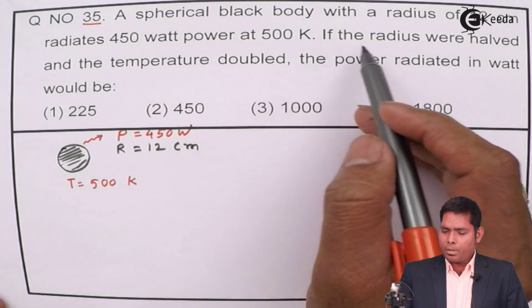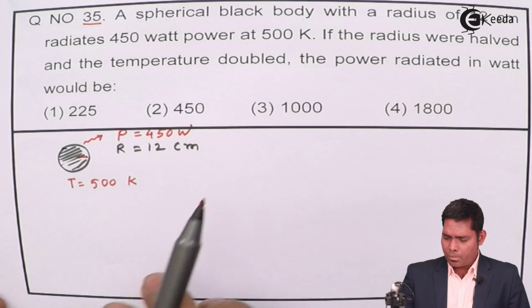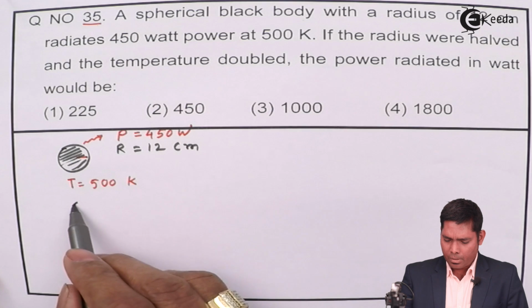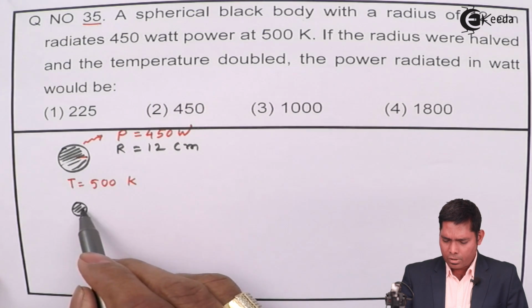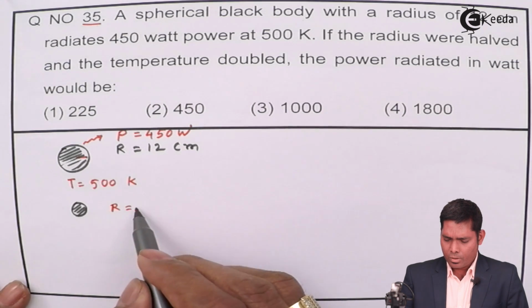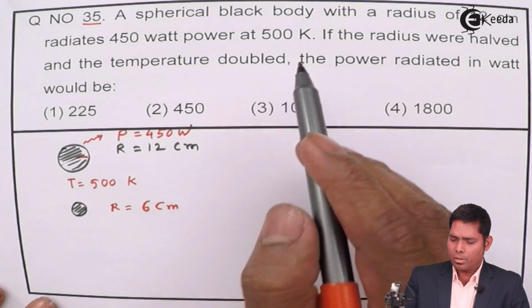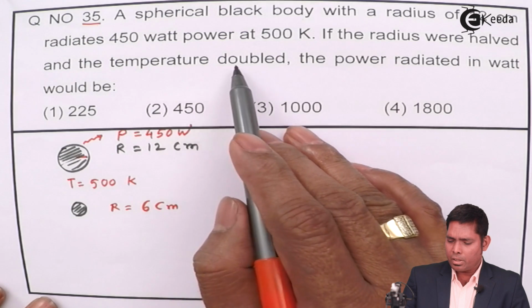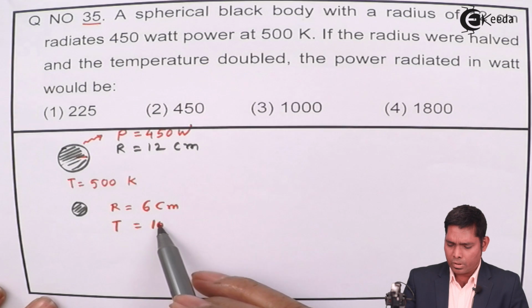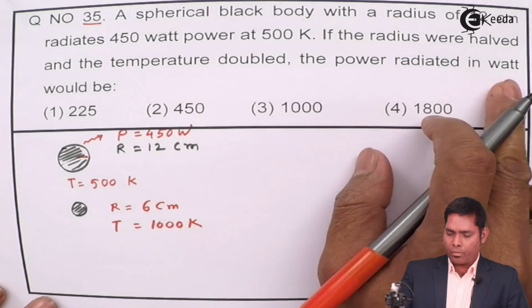Okay, if the radius is halved, that means if the sphere is reduced to a smaller size, the radius is reduced to half, that means here the radius is 6 centimeter, from 12 to 6, and the temperature is doubled. So the temperature here was 500 and now it will be double, that means 1000 Kelvin. The power radiated in watt will be,